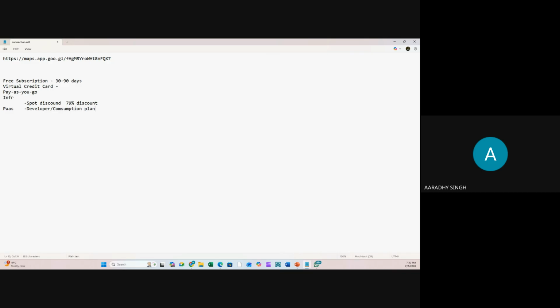Okay, so what will happen if you're going to use the consumption plan? Microsoft will not charge anything unless you use it. If you use it, then only you have to pay. Otherwise, you don't need to pay even a single rupee to Microsoft. If you're going with the developer plan, then the charge will be free of cost for 60 minutes, meaning you can use it for 60 minutes. Otherwise the charges will be very nominal, like 5 rupees, 3 rupees, 10 rupees per day. That's it. So guys, you don't need to worry. Things are easy if you're trying to implement.